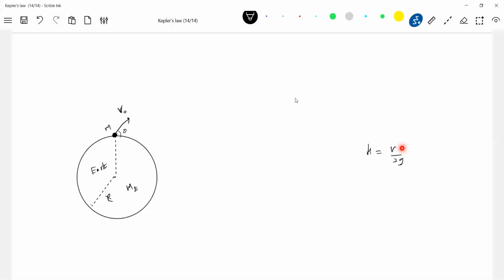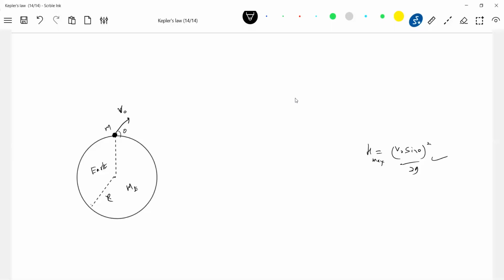Don't do it like this: V0 sine theta whole square by 2g. So there's a maximum height. We are in the gravitation chapter. So how do I come to know whether this question belongs to gravitation or general kinematics? If they give values like the radius of the earth, orbital speed or something similar, it belongs to gravitation. Otherwise it should be kinematics. So don't write this one.